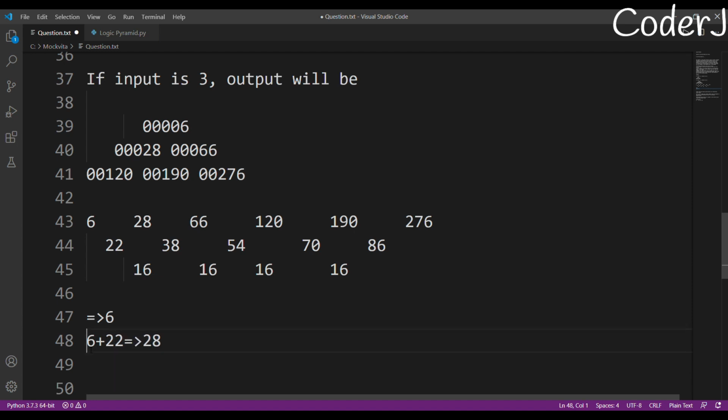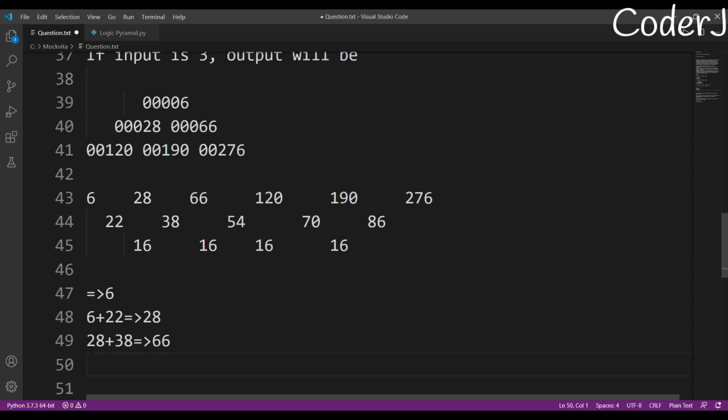Now what after that? Suppose after that I have to create 66, right? So how do I create 66 with 28 and 38? So 28 plus 38 will give me 66, right? Now if I do this sequentially, 66 plus 54 will give me 120, right?